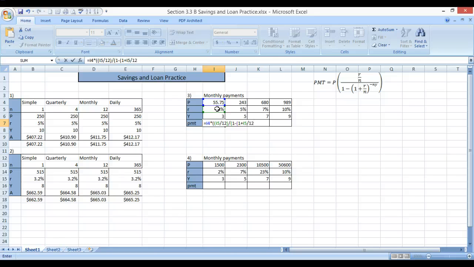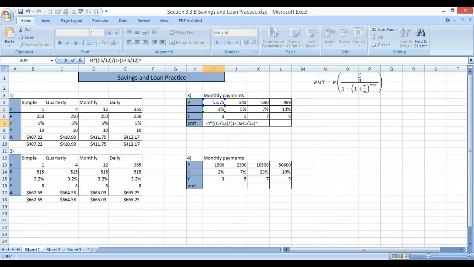Now some of you are saying, wait, order of operations means I need to divide r over n first, so shouldn't that be in a set of parentheses? I could. However, it is redundant because Microsoft Excel knows the order of operations, and it will do the division before it adds the 1. So I'm okay to leave that one off. But I need to close that parenthesis. Whoops. I need to close that parenthesis, so now I have the 1 plus r over n, and